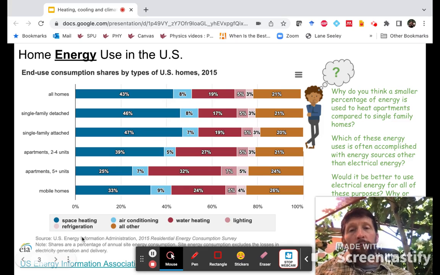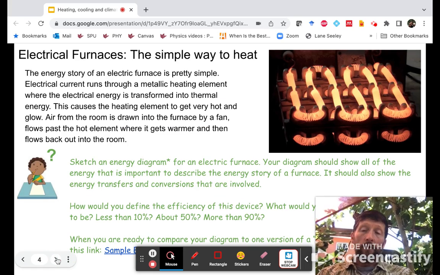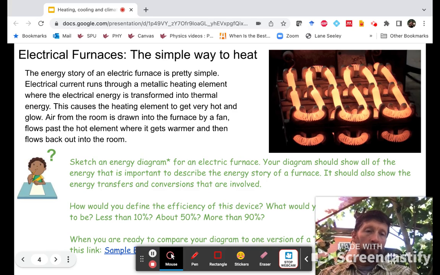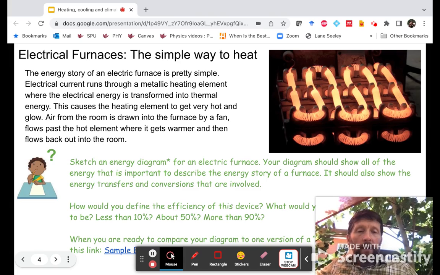And then once we've motivated the idea of the importance of efficiently heating and cooling, we jump right into looking at the basic physics of how a furnace and a heat pump and an air conditioner work. And so I invite the students to draw energy diagrams, and at this point in the class we've typically developed a method for drawing energy diagrams, kind of a consensus approach, which we've also provided some resources for with this activity. If you would like to use them to help your students develop an approach to drawing energy diagrams,